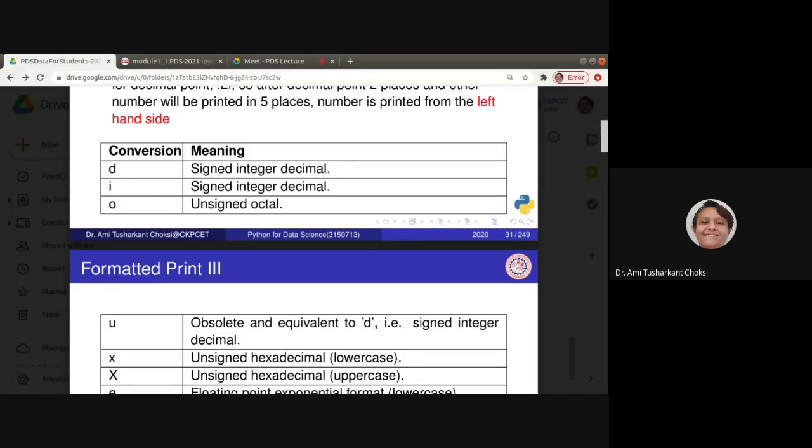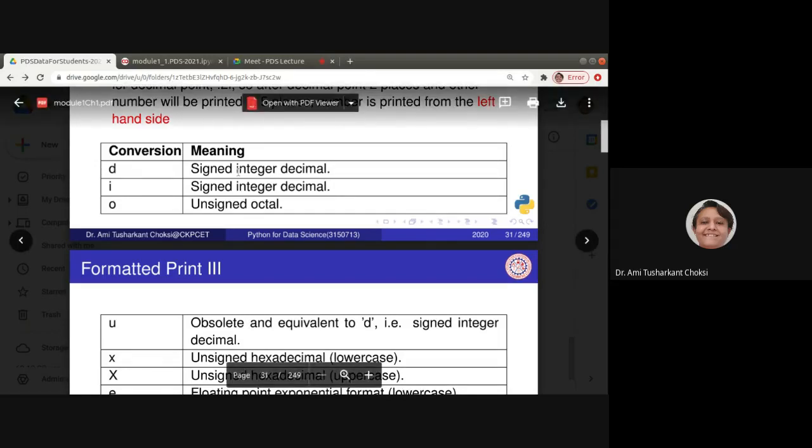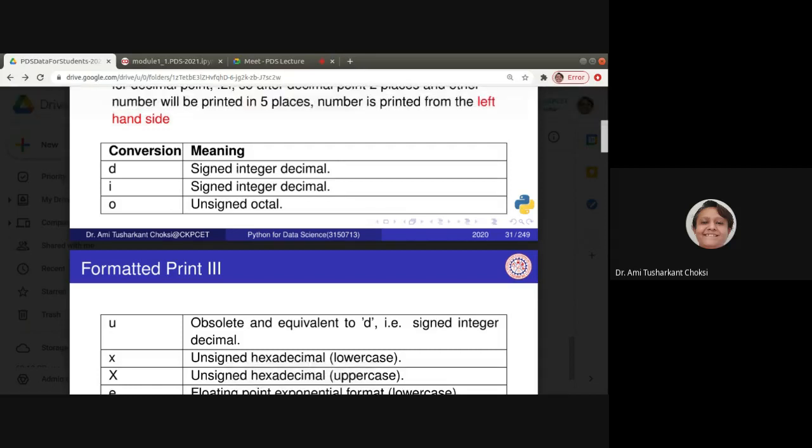But let us recall, if you forget it for that language, at least for our new language we should know that, right? So d is signed integer decimal. i is also signed integer decimal. o is unsigned octal. u is obsolete, and we can say it is equivalent to d.